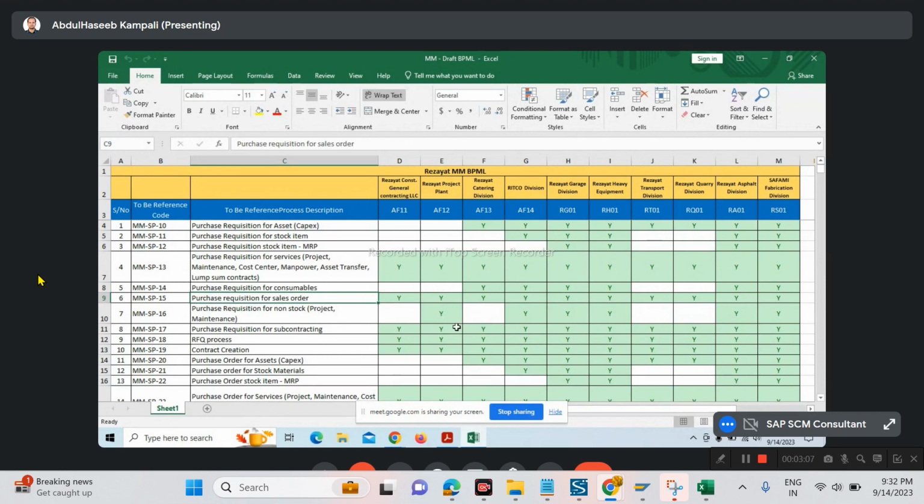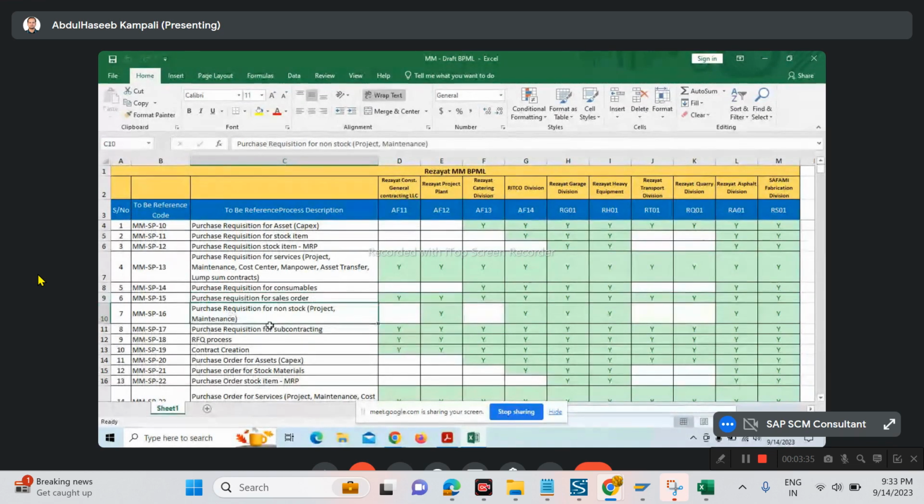It means they have customer orders. So against the customer orders, they might require some procurements, or they have intercompany purchase orders. Against the purchase order, they will create sales orders, and for those sales orders, they might need some procurement from outside also. So all these divisions will be configured for